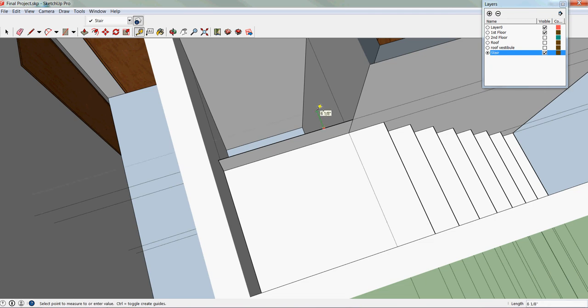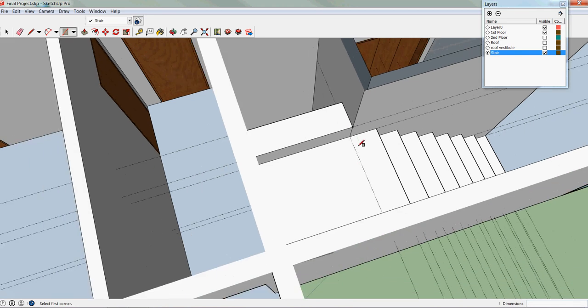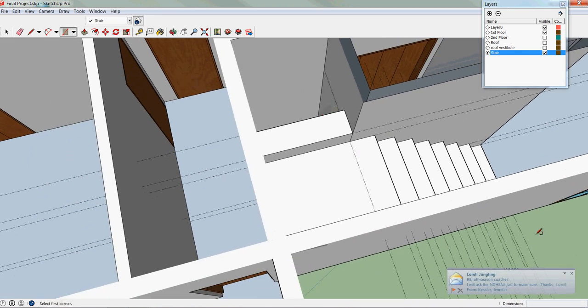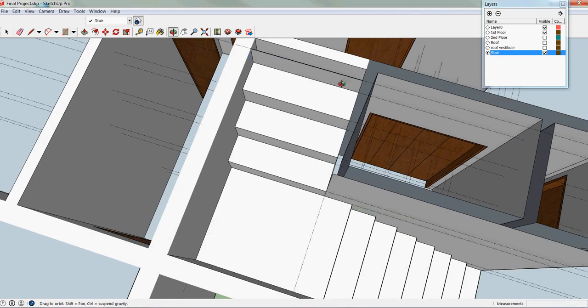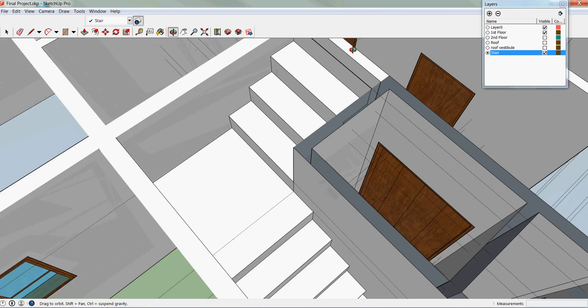And let's see, 11.375, and I can lay this out here. Okay, so you guys got the idea. I'm going to go ahead and finish this out, and then I will reconvene once I have the stair complete. Okay, so what you're going to find is, I've been building my stair here,